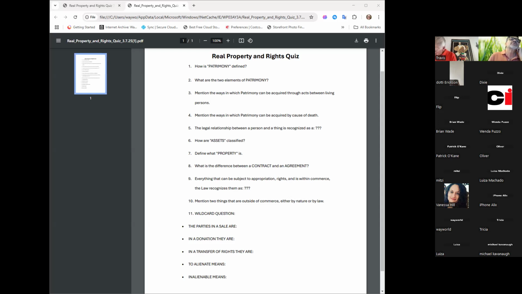To alienate means to transfer ownership or rights to another person. In Spanish, remember the word, you have to learn the word enajenar.